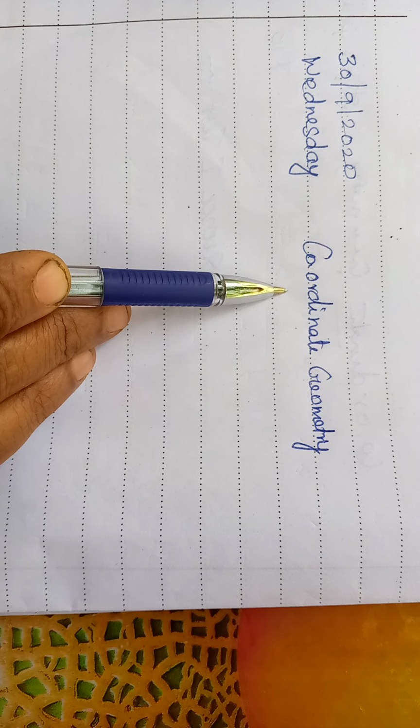QR is equal to, using the distance formula. What is the distance formula? Square root of x2 minus x1 the whole square plus y2 minus y1 the whole square. Let us substitute. x2 is E minus x1 is C. So E minus C the whole square plus y2 minus y1, that is F minus D the whole square. Let us take it as equation number 2.